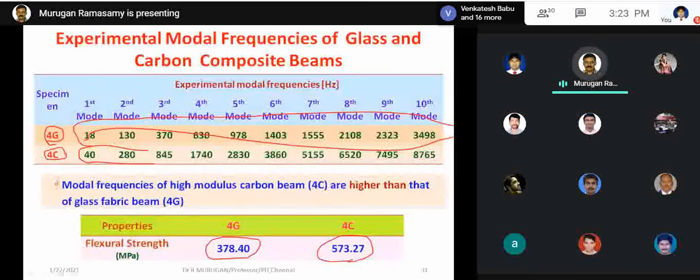Why did we obtain 10 mode frequencies? Because for an orthotropic material, we have to evaluate 9 elastic constants, right? E11, E22, E33, and then 3 shear moduli and 3 Poisson's ratios. So we need 9 constants. From the literature, we found that to find 9 constants in experimental modal analysis, we have to use at least 9 modes. The number of modes should be greater than the number of elastic constants. That is the reason we preferred 10 modes.